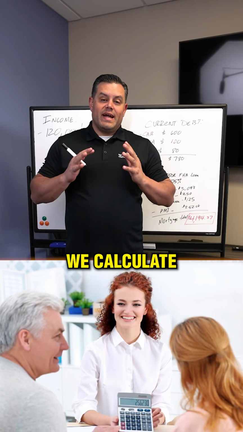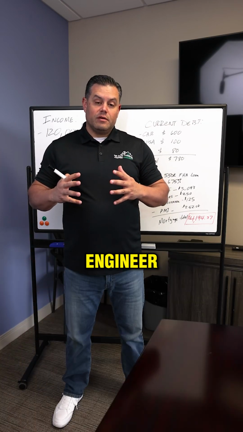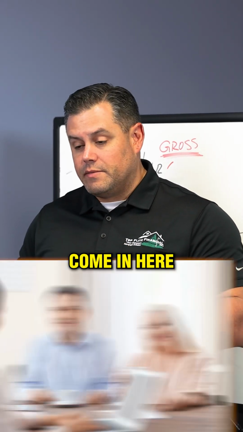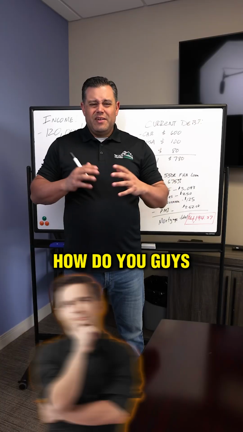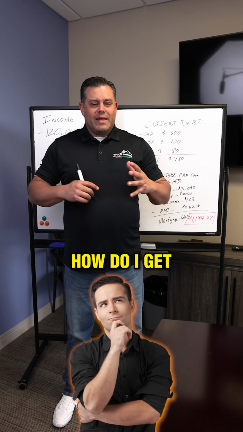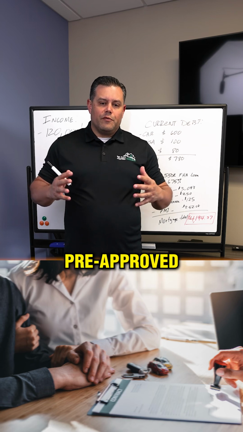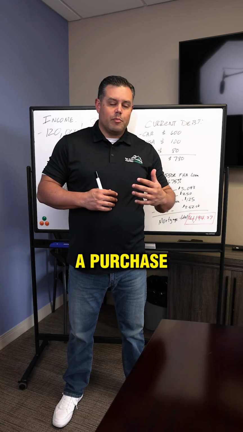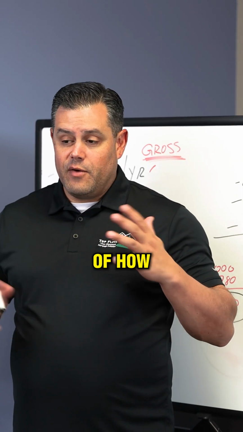So I want to explain how we calculate and reverse engineer a mortgage payment and what you're pre-approved for. A lot of clients come in and say, "Hey, I make this much," or they call you on the phone, and ask, how do you guys come up with a number? How do I get more? How do I get less? How do you come up with a number that I'm pre-approved with, and how do you correlate that into a purchase price? So I'm going to give an example behind me of how we come up with that,